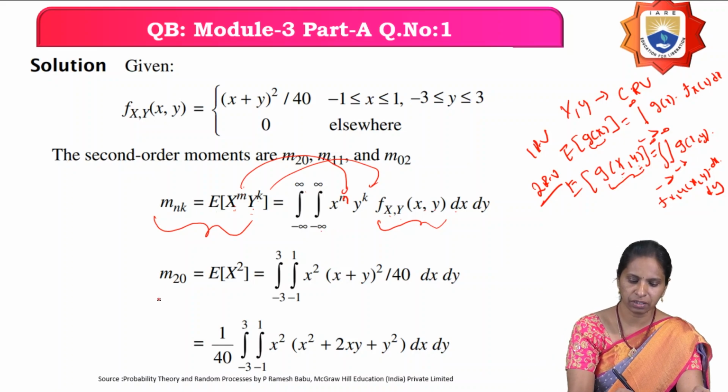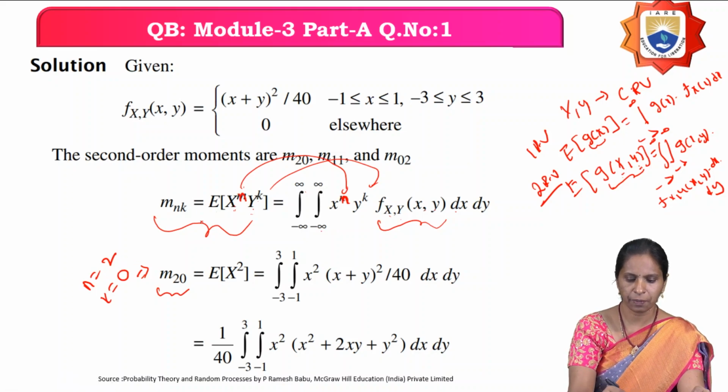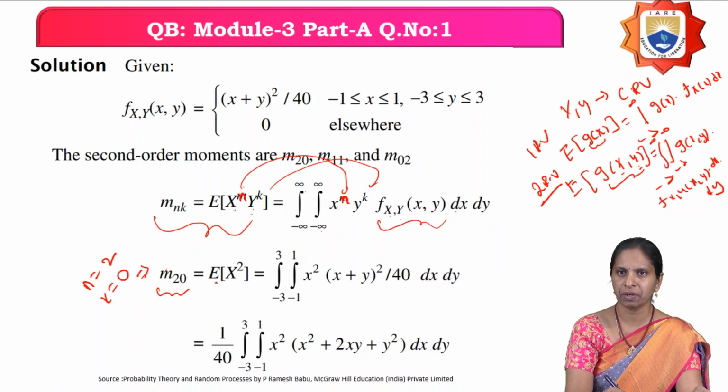So first we'll calculate M20. M20 is nothing but what? Here n equals 2 and what is the k value here? 0. So substitute n value 2 and k value 0. Then what happens here? The expectation of x square into y power 0. What is the value of y power 0? 1. So the expectation of x square is nothing but